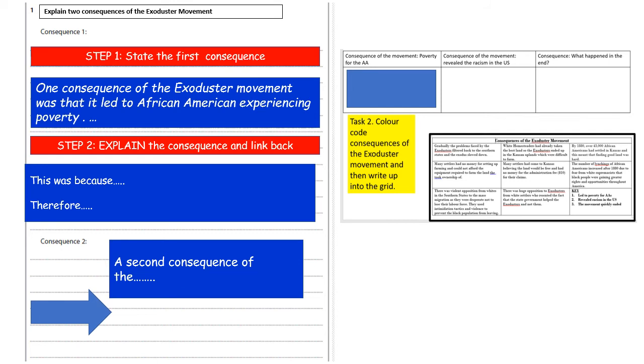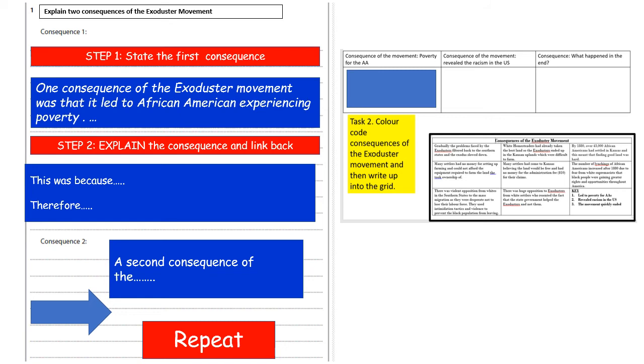And then obviously once I've explored that explanation, I can link back. Therefore, a significant consequence of the Exoduster movement was the poverty that African Americans were put into as a result of that movement west. Once I've done that, I then need to move to a second consequence. And again, I can choose one of two here. I can talk about the racism in the USA that the Exoduster movement revealed, and I can obviously explain using my precise evidence from my table just how that was displayed,